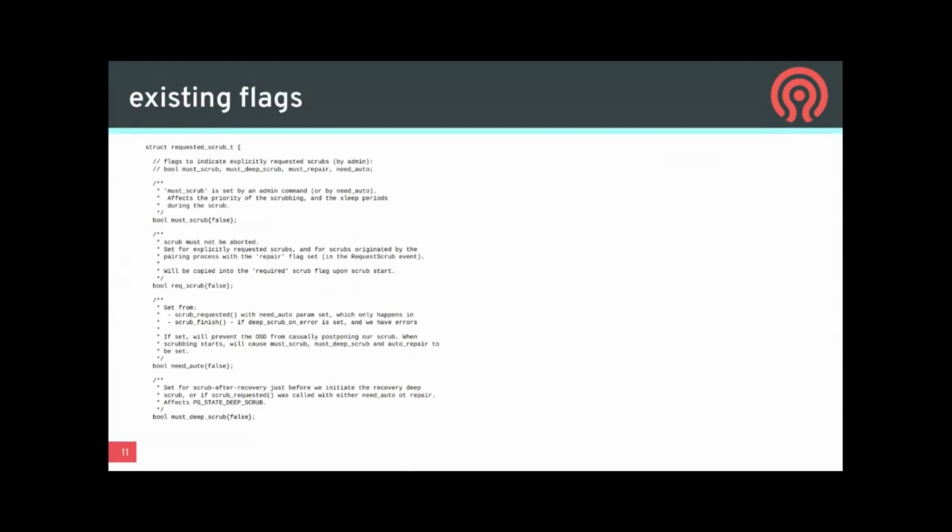Now we don't need this flag because the functionality is encompassed in the must and the after repair urgencies in the urgency enum that I showed you. And the same holds for the other flags that you see. None of them is needed anymore,